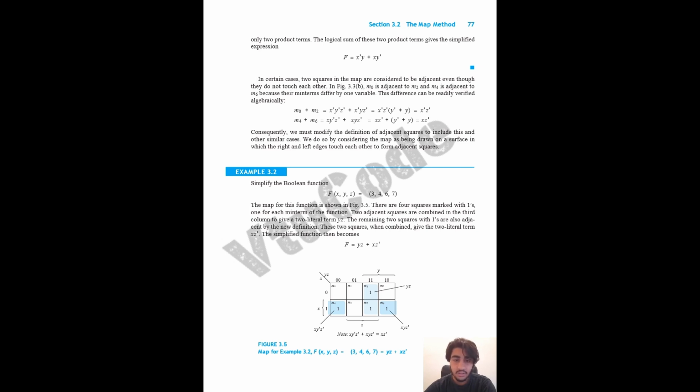So for this function f(x, y, z) = Σ(3, 4, 5, 6, 7), we have this notation: yz plus x z bar. From one pair we have x z bar, from the other pair we have yz. So this is about the 3 variable K-map. Moving ahead,